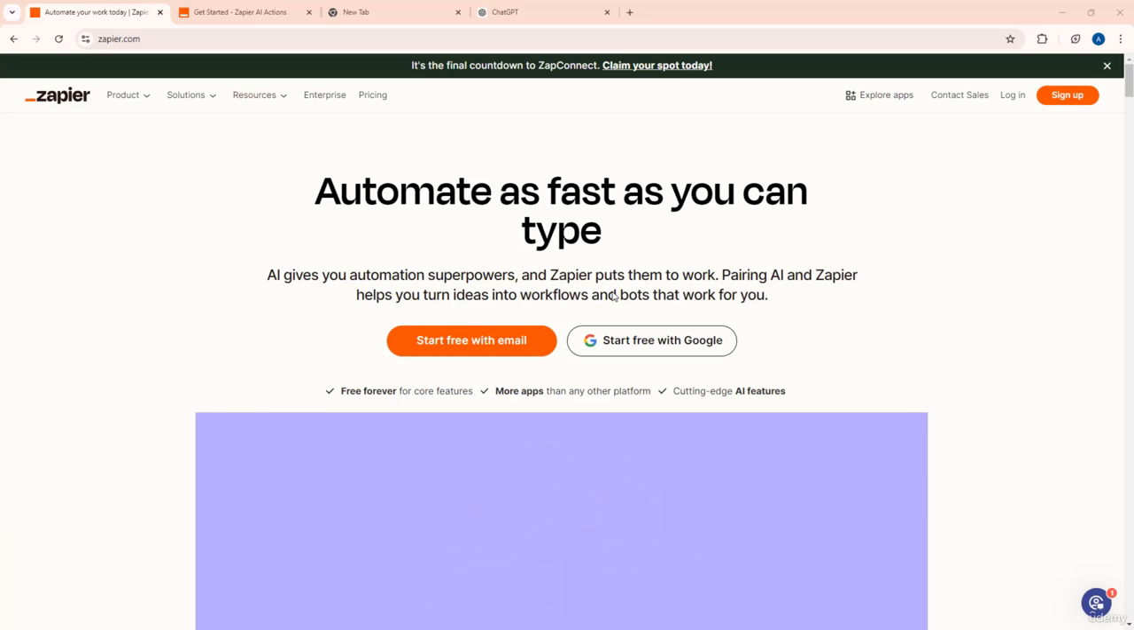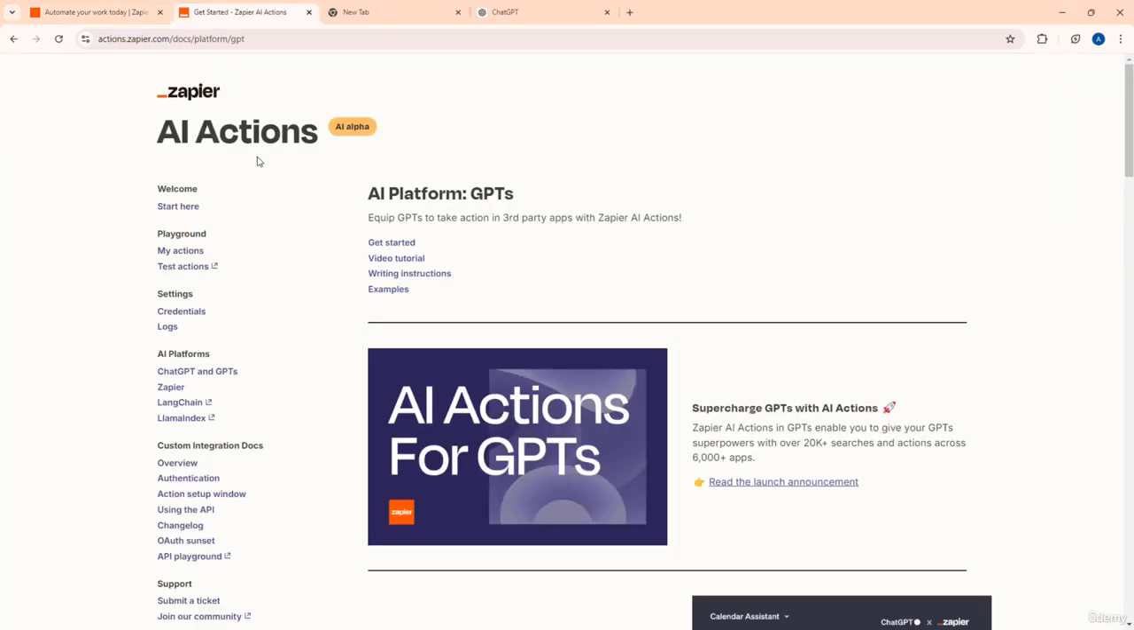Now, Zapier helps us automate many workflows. And in this lecture, we are going to specifically explore how we can integrate Zapier Actions into our custom GPT. So, let's dive straight into the main screen of Zapier Actions, where we can understand what actions mean and how